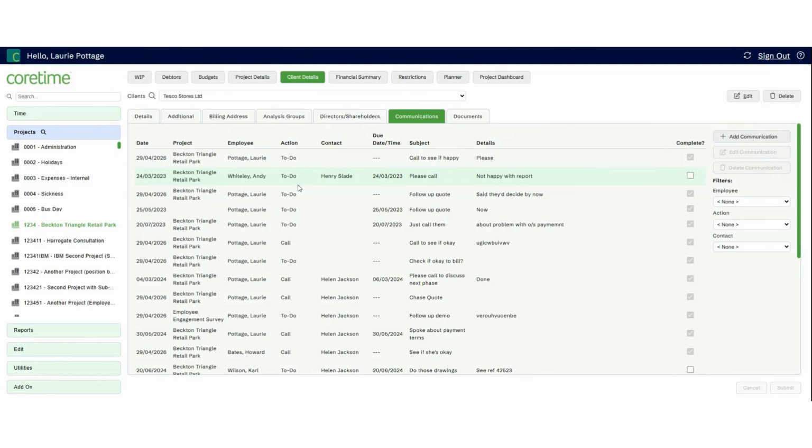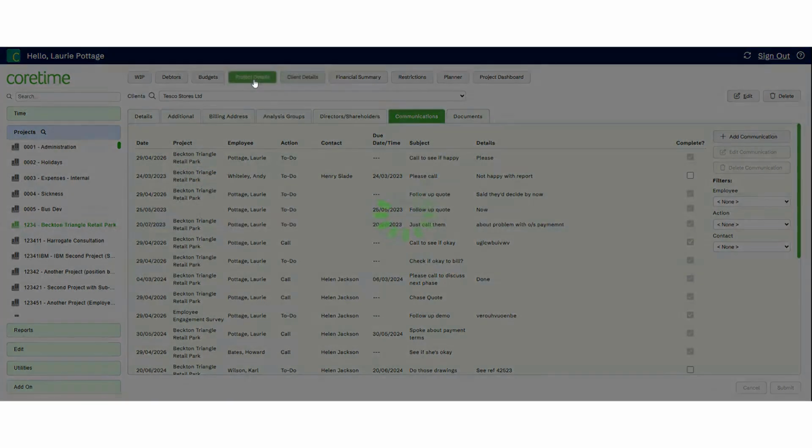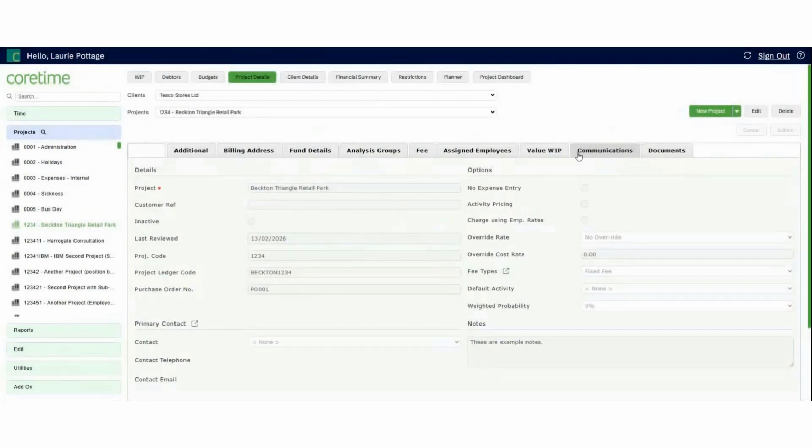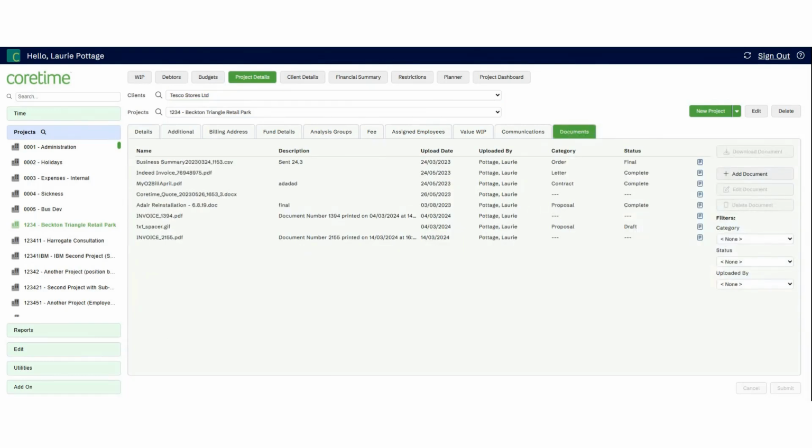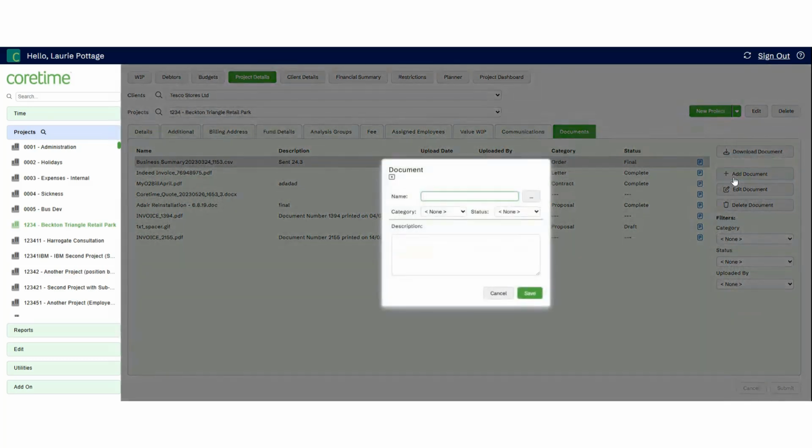And you can see there, same as we've got new communication tabs, we've also got new documents tabs in there as well. So if you want to upload documents into Coretime, you can do so. You can see here there's a mixture of files, and all you need to do is click on that particular icon there to retrieve it, and it's going to surface that particular document straight to my machine. It's as simple as adding a document there, browsing to where it exists, and then moving it into the Coretime